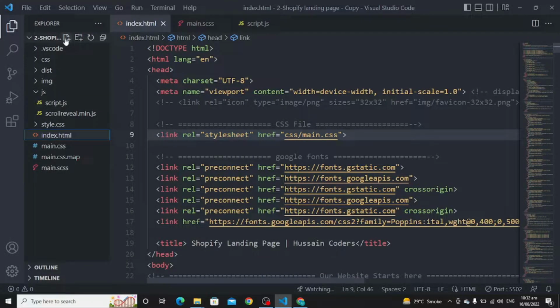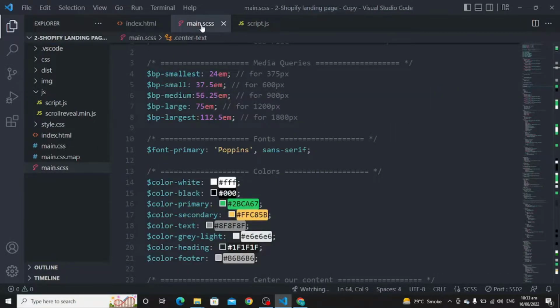We will click on new file and write index.html, as the file already exists, as I have created this. So you can change the name, and I am not going to change the name as I have my file here. Exactly like that, you can create the CSS folder or main CSS folder, and like this you can create